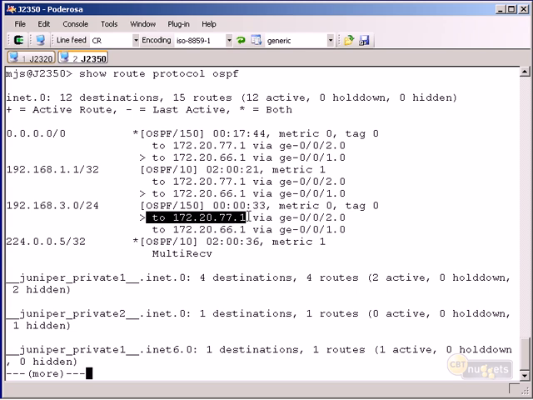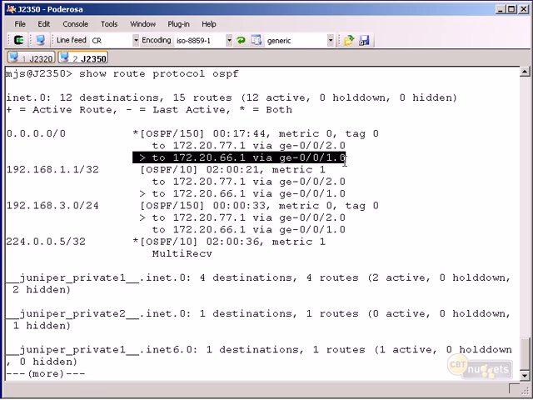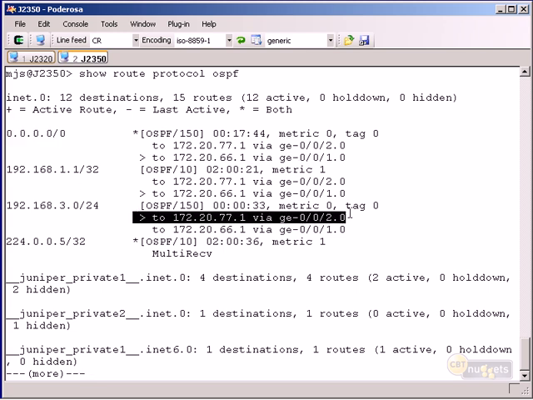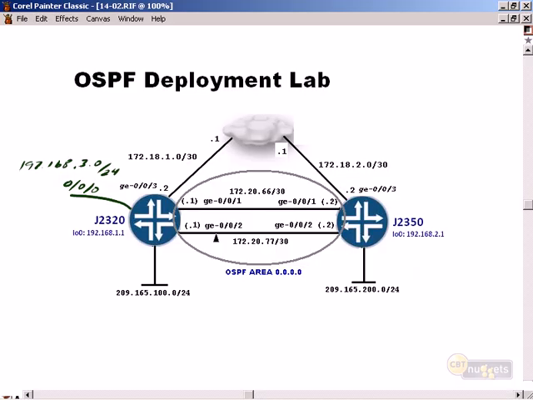002.0 to 172.20.77.1. It's interesting. So we're choosing this interface and this destination IP address to get to the other router. We're choosing 66.1 and gig E001 to get to the default gateway, but we're choosing that other link, okay, to 77.1 on gig E002 to get to this management VLAN. Okay, so let's take a look. We're choosing this link right here to get to this management VLAN, but we're choosing this link right here to